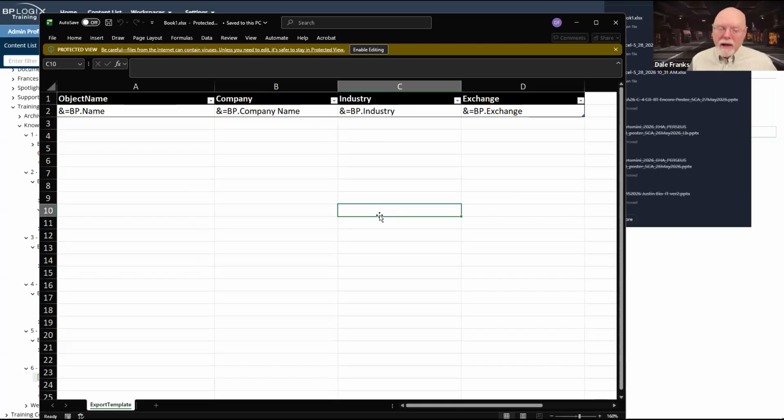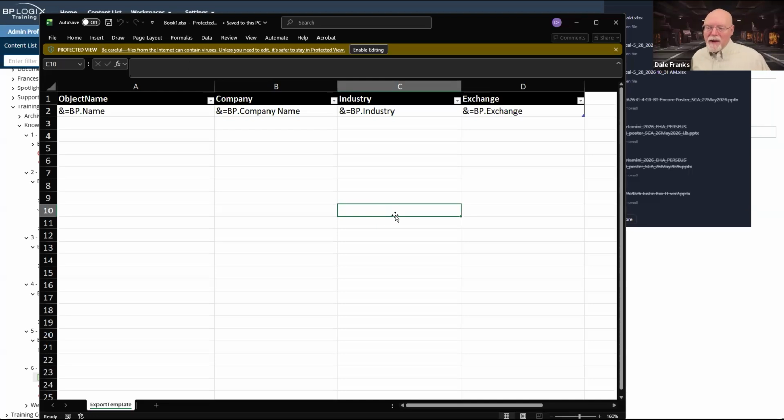I don't need to do any of that with a CSV export. It's automatically going to export it to CSV. I could then open it in Excel. It will open in Excel by default because that's how Windows sets it up. And then I can do whatever formatting and stuff I want. If I want to export it in Excel directly, I'm going to have a template.